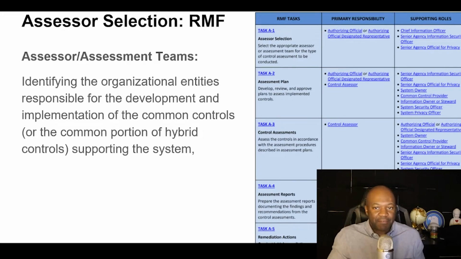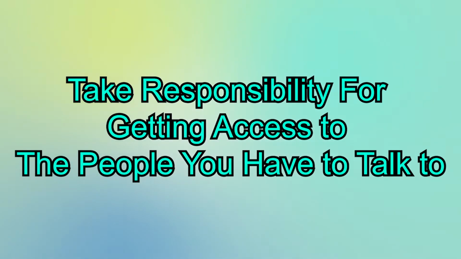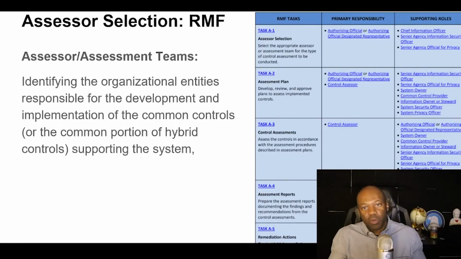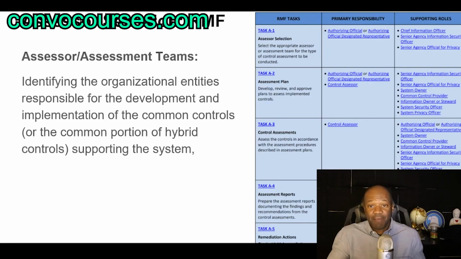Another thing that you have to do is take responsibility for getting access to the people who you need to talk to. So the organization is supposed to provide you with this information, but you've got to ask those questions like, okay, who controls this common control? Common control might be the physical access, the physical security controls. If you are going to assess physical security controls and you know that they have a separate security unit that's a 24-hour unit that's owned by Castle.ph or whatever it is, you probably need to have a point of contact for that physical security unit